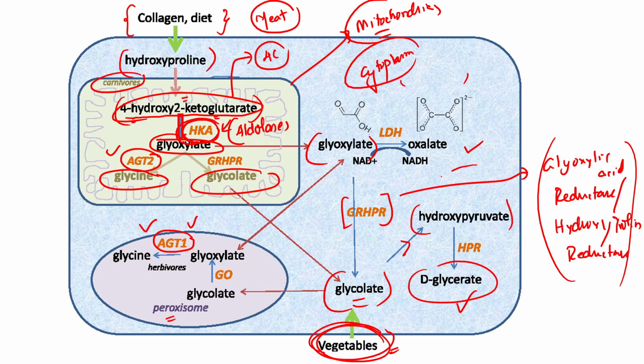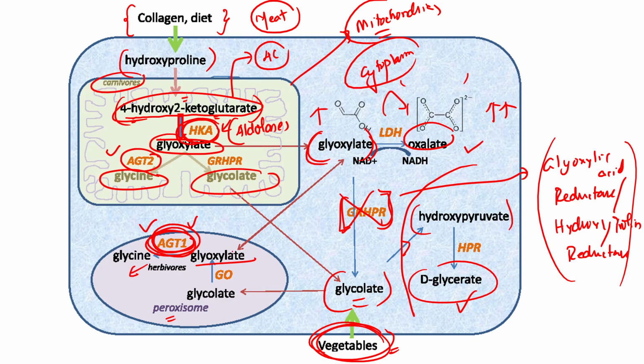Now, let's not focus on this area. Let's focus on this area. If this enzyme is deficient, glyoxylate content can increase and can lead to oxalate. Again, oxalic acid concentration can increase. Now, if this enzyme is deficient, glyoxylate cannot become glycine and glyoxylate will be accumulating. If that glyoxylate goes back into the cytoplasm, again with the help of the dehydrogenase enzyme, it can become oxalic